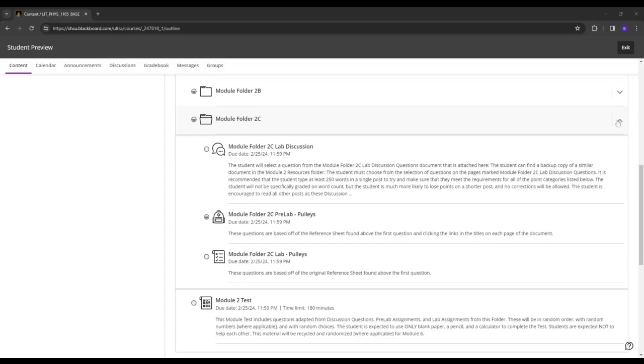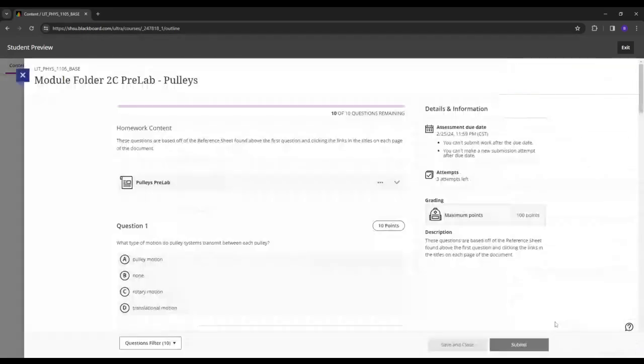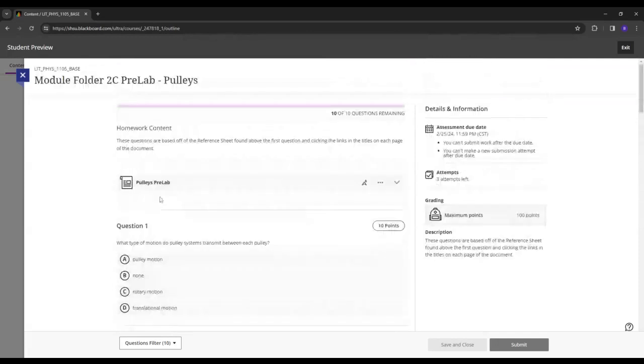All right, let's go ahead and talk through some of the information necessary to complete the module folder 2C pre-lab. Now, this one's a little bit different. There's not exactly a simulation, and there's not an obvious link involved, but I kind of hid the information. So this is a reward for people who pay attention, who watch the videos or attend class, depending on the section. The questions, there are 10 of them like the other ones have been, are based off of the worksheet